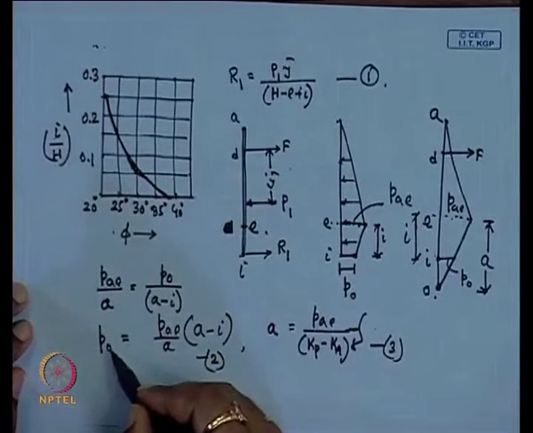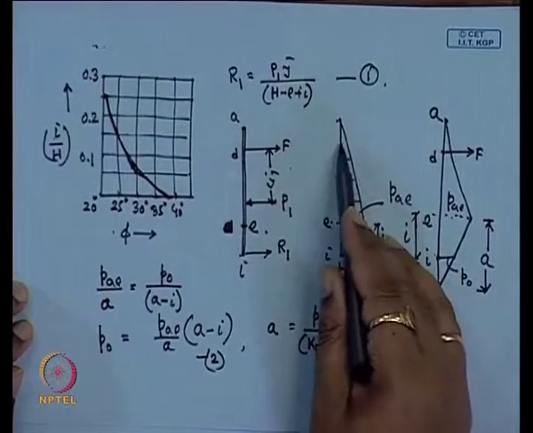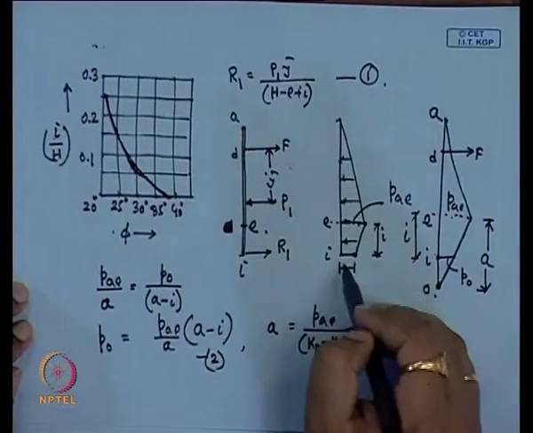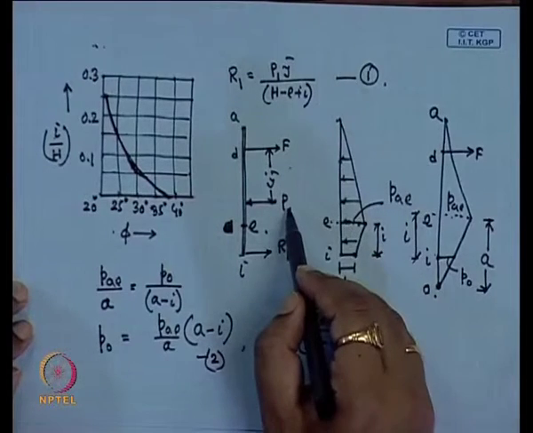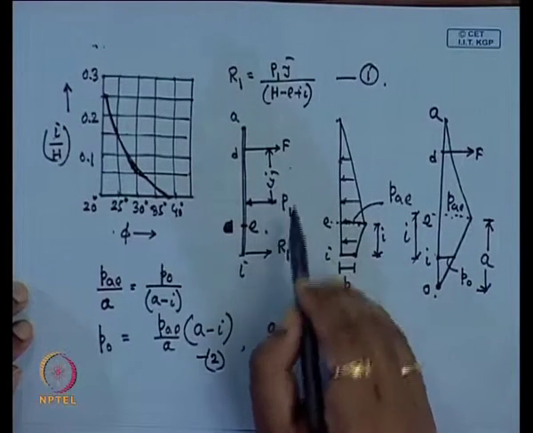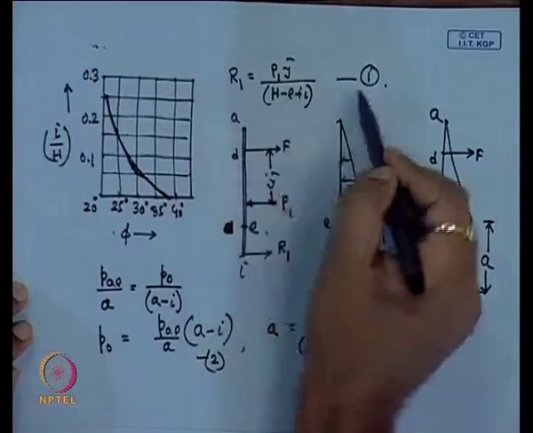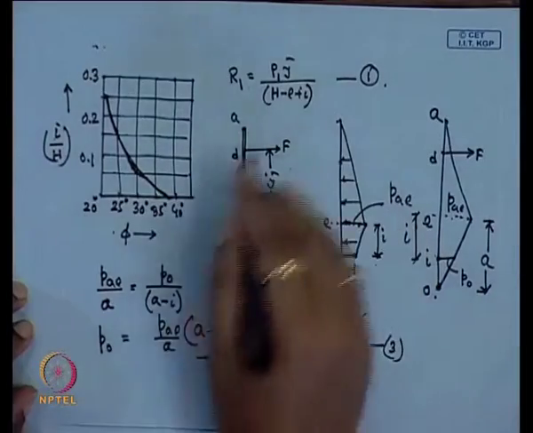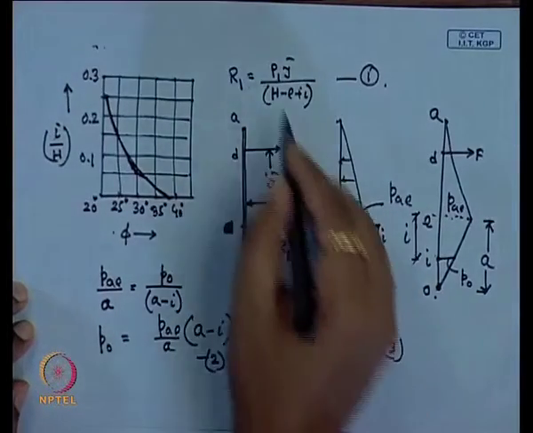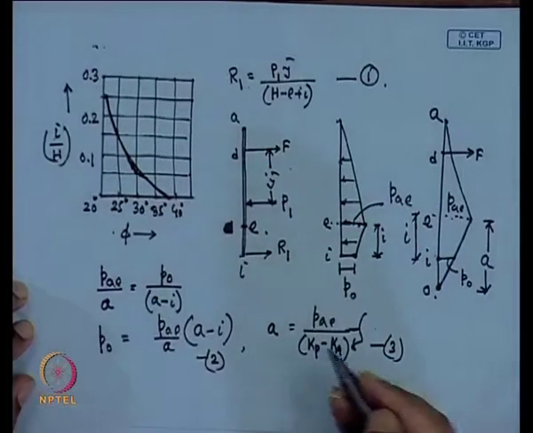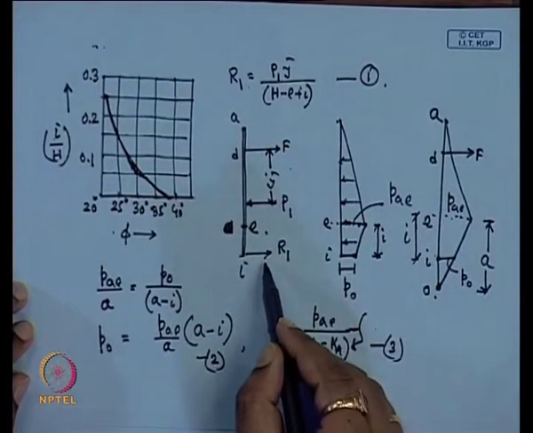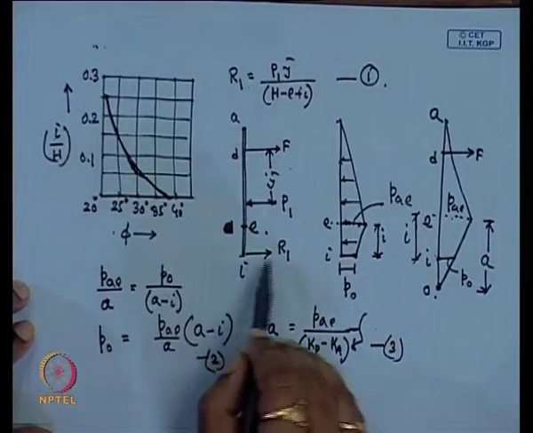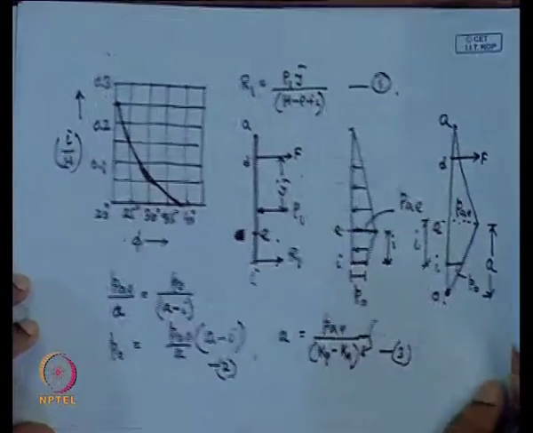Once we get the P 0 value, then we can determine the total force P 1 acting due to this pressure diagram. Then we can determine the P 1 as well as the y bar. Once we get the P 1 and y bar, then from equation 1 we can determine the R 1. Now these are the values that we know. When you go for the second beam, that R 1 will be required, because R 1 will act in the second beam also as a reaction force. So now in the second beam R 1 and P 0 will be required.